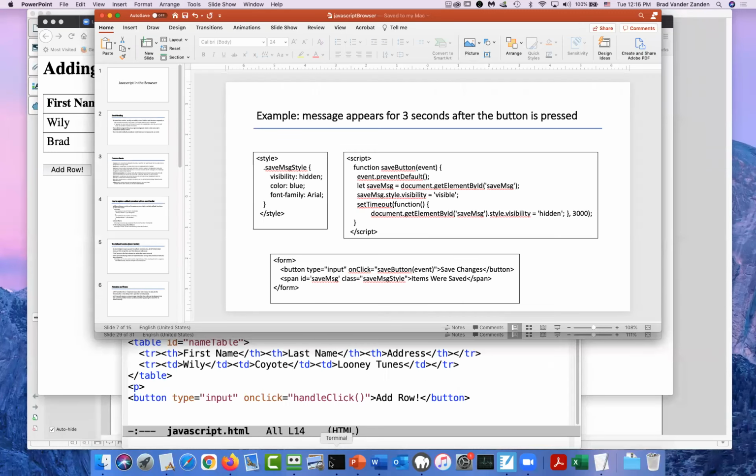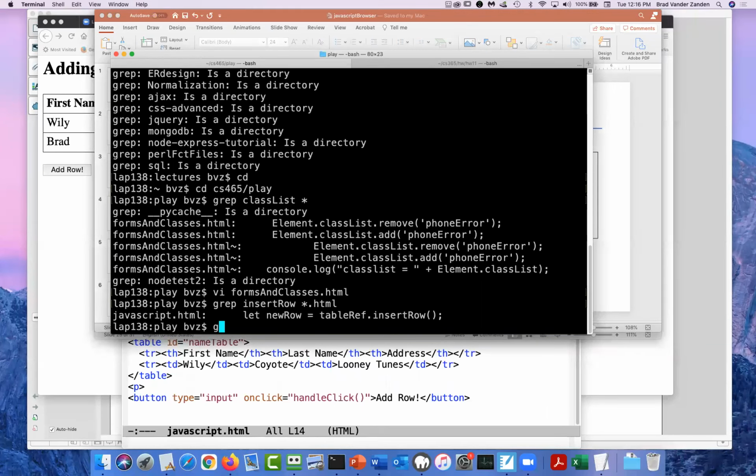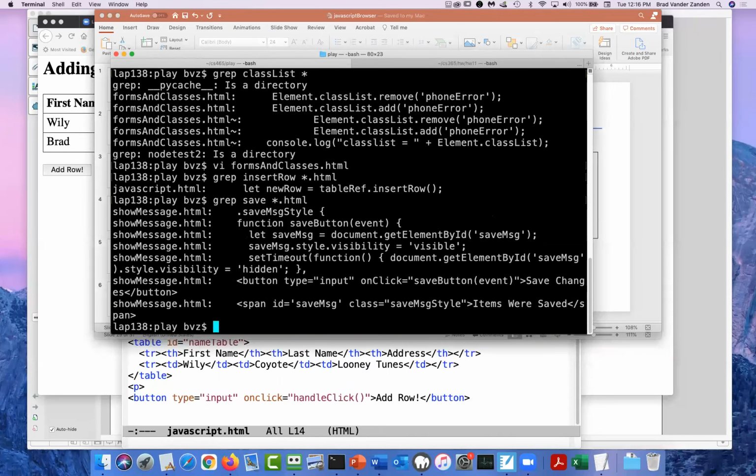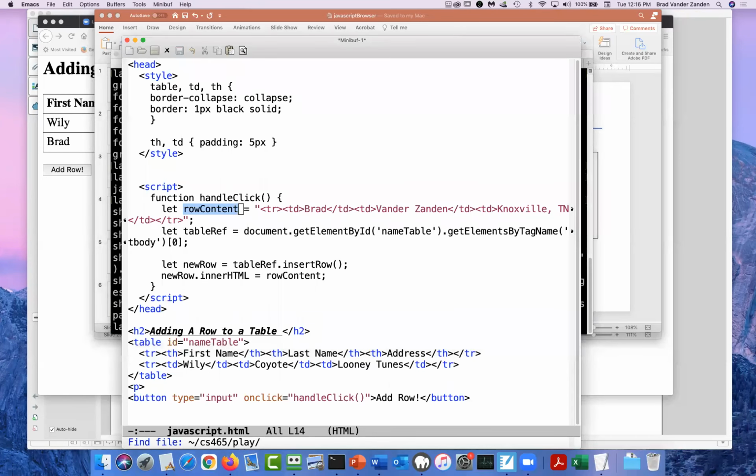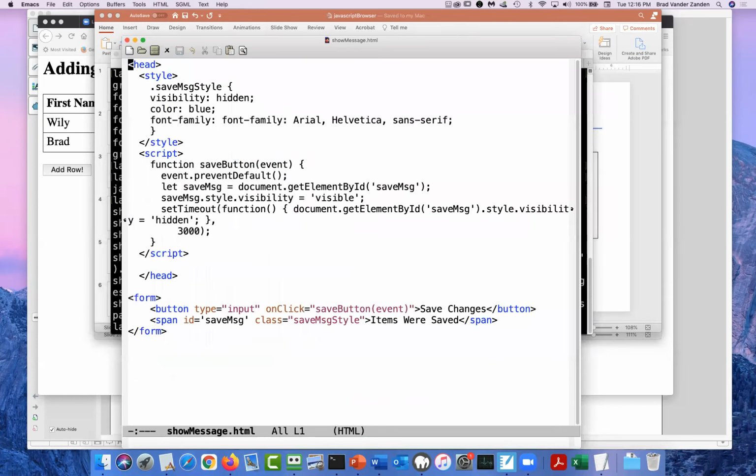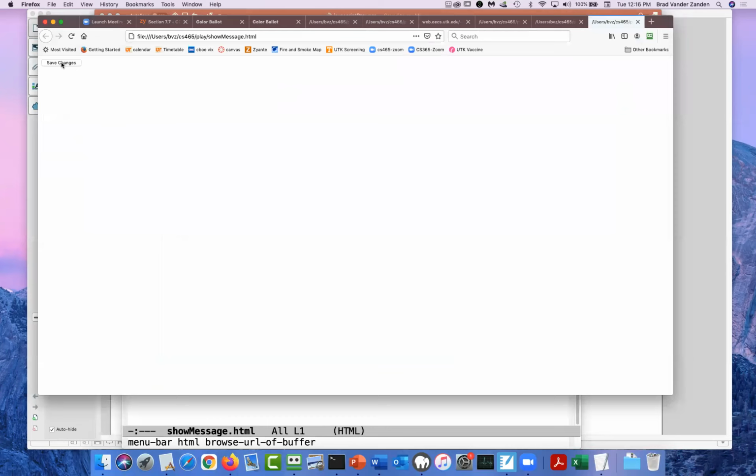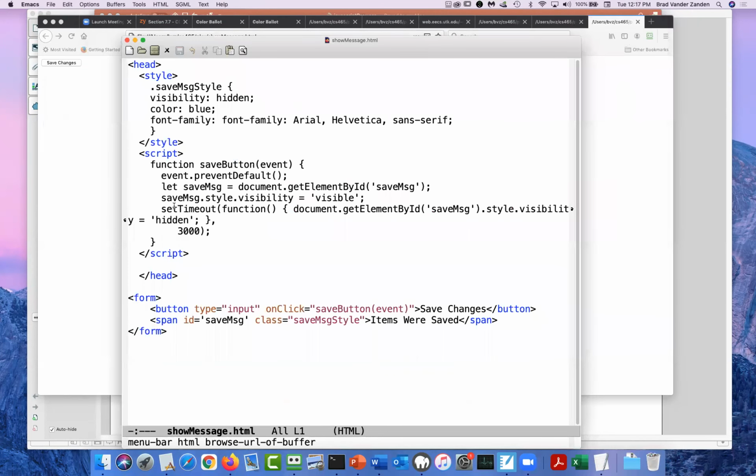Let's see, where's my save one? Show message.html. Okay, so when I click Save Changes here, items were saved, and then 3 seconds later it disappears. Okay, so I want something like that in your